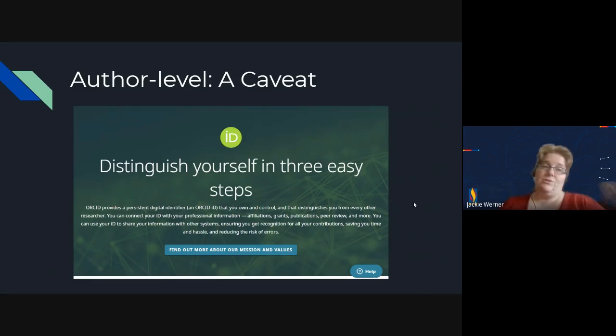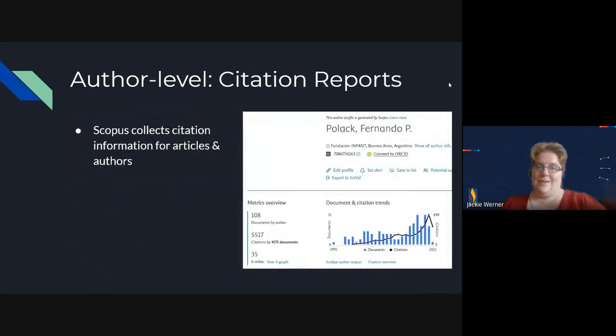The other thing you can do is edit your Scopus author profile. Scopus makes author profiles for everyone in their database, and you could search your profile within Scopus. And then if you see anything that's not supposed to be there, anything that's missing, contact me and I could change that for you.